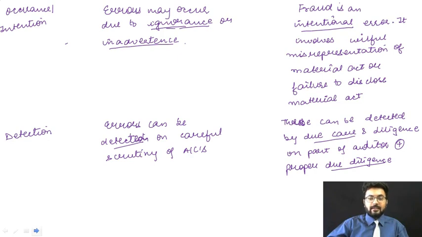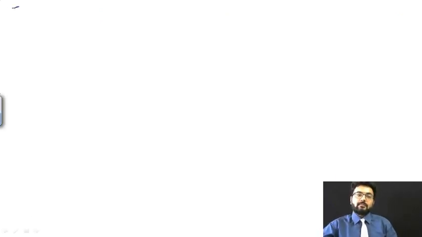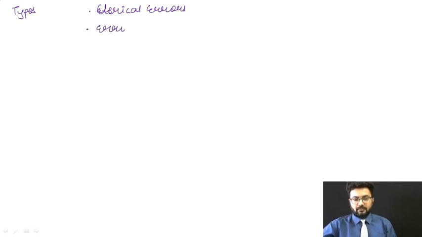Okay, should I go ahead? Should I give you some examples as well, if you are able to understand? Okay, so let me give you some types. Talking about types of errors, there can be clerical errors, errors of duplication, where a duplicate entry was posted by mistake, and after that compensating errors.